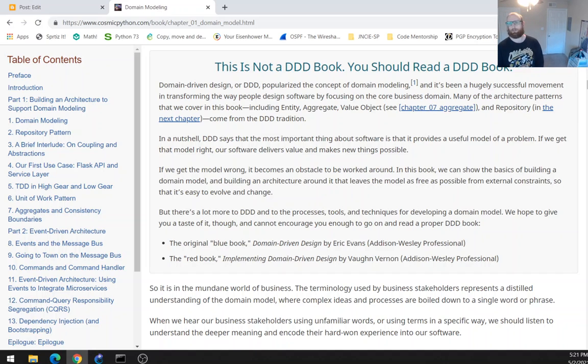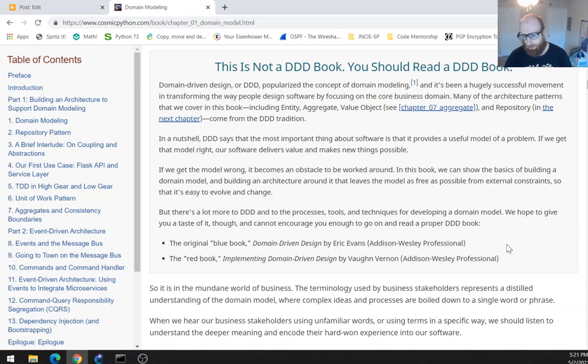In this book, we show the basics of building a domain model and building an architecture around it that leaves the model as free as possible from external constraints so that it's easy to evolve and change. But there's a lot more to domain-driven design and to the processes, tools, and techniques for developing a domain model. We hope to give you a taste of it, though, and cannot encourage you enough to go on and read